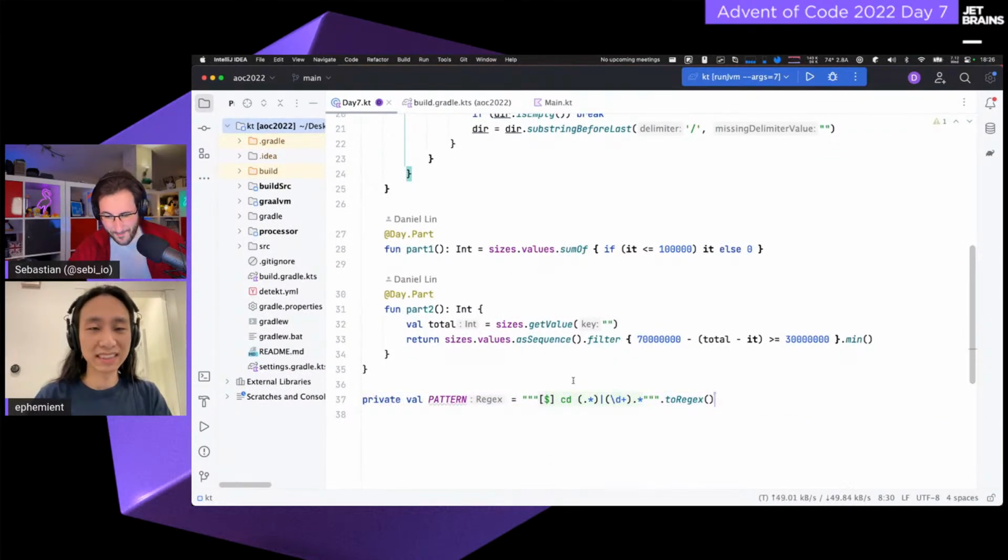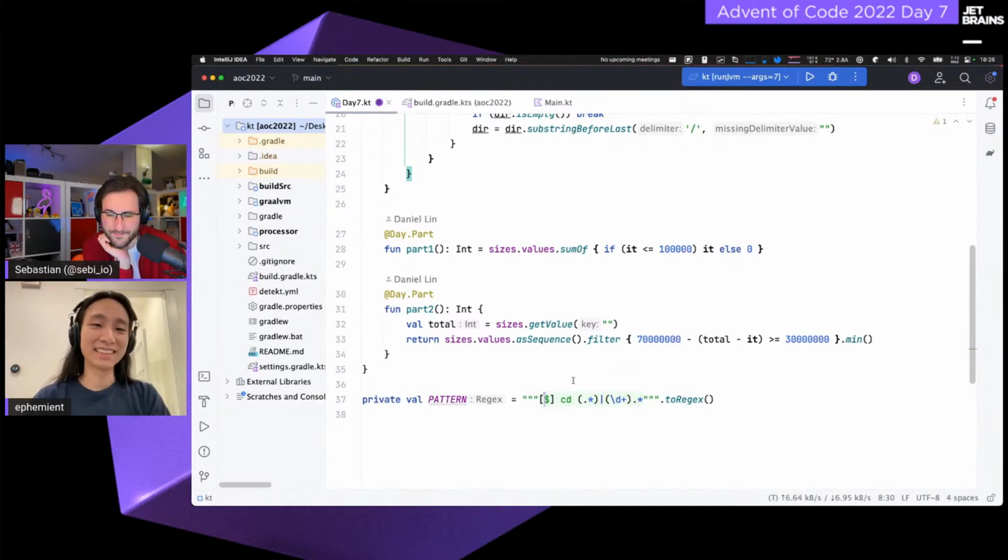And so you can see that just out of habit, I used a raw string, which means that you don't have to worry about doubling up backslashes when they appear. But it is unfortunately a little bit awkward when you have dollar signs in Kotlin raw strings because you can't really do much about them. If you just put it in square brackets, it's not necessary here because the dollar sign can't do anything with a space next to it anyway, but it's just a habit. If you put a dollar sign in square brackets, it's always a literal dollar.